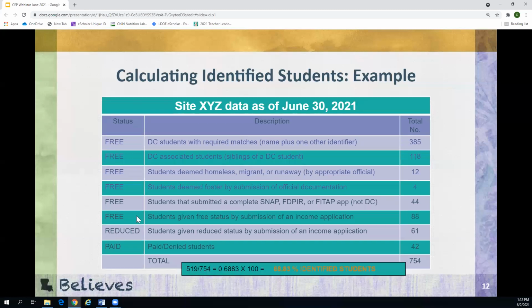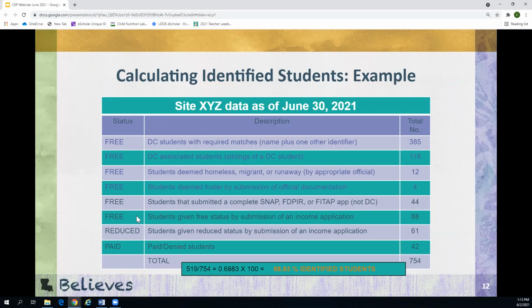So when we look here, what we see is that we need to make sure that we're only including the children that are truly considered identified. So that first number, the children that are DC, which is the 385, would be included. Your 118 for your siblings would also be included. You'd also include the 12 children that were deemed homeless, migrant, or runaway. And you would also include the 4 that were deemed foster. So your total would be